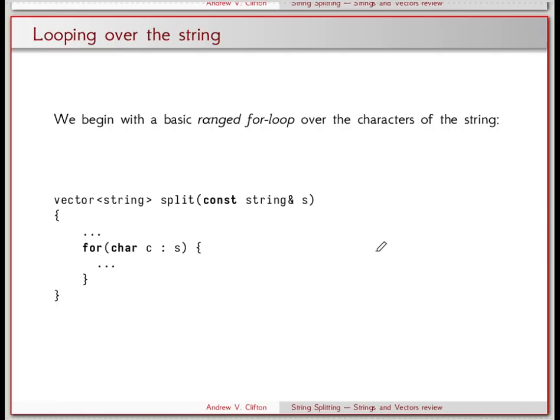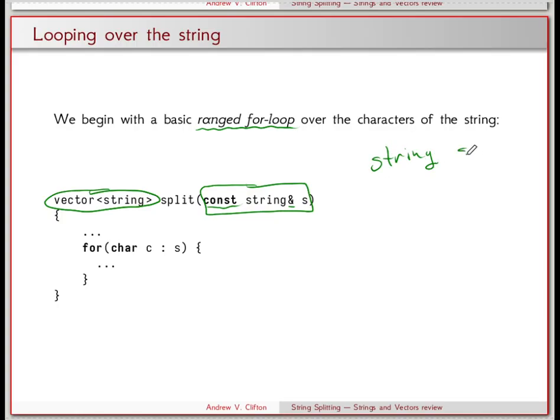Okay, so the basic place we're going to start with is a ranged for loop over the characters in our string here. So our function is going to take in our string as its parameter, and it's going to return a vector of strings. We're taking our string as a const string reference rather than just string s. We're taking it as this const reference,